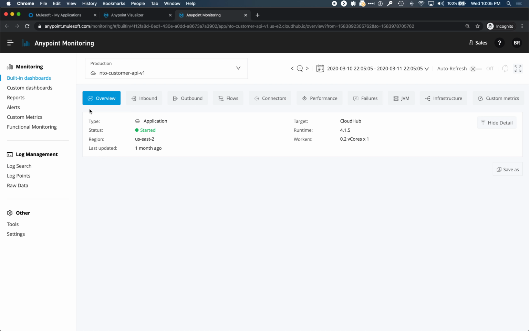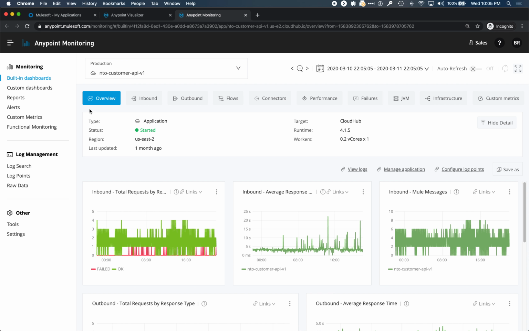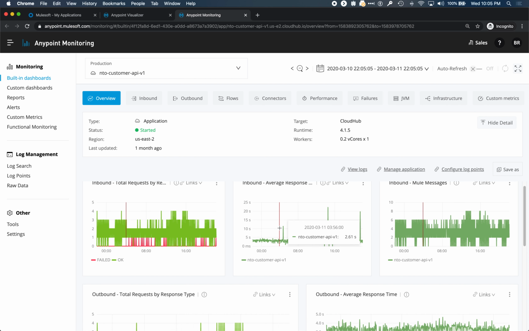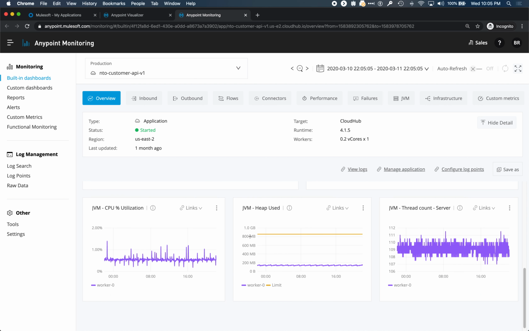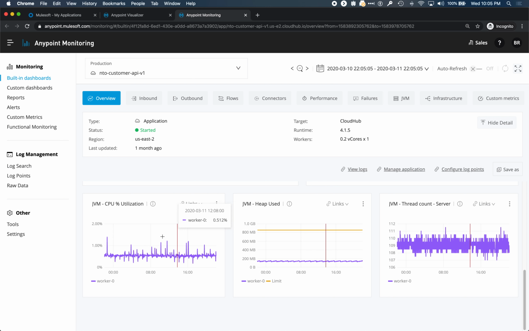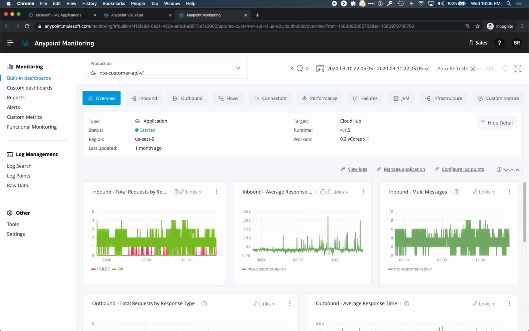I can drill into then the dashboard, and so from that graphical view that's showing me in context what was going on, now I can drill in and use the built-in dashboards to start analyzing the total requests, the average response time, the number of Mule messages. I can look at the CPU and memory utilization, thread count, that sort of thing. And as I'm looking at these, I can